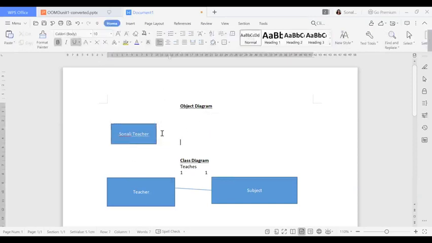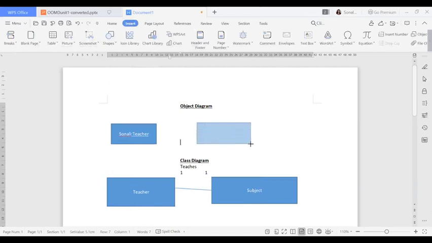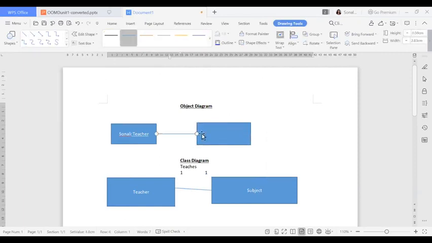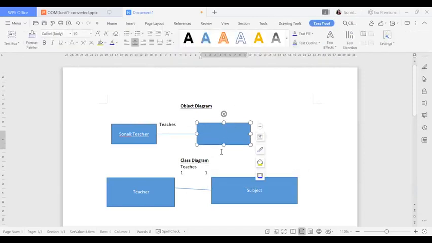Okay. Then what should we do? We should write the subject name. How are we going to write the subject name? Take one more box, keep it here, and give the relationship also. This is my relationship. What kind of relationship? This is my teachers relationship. I hope you can see what I should write here. I should write the subject name. Let me write computer, as I'm teaching you. Otherwise, software engineering, you can write anything. So this is my subject.